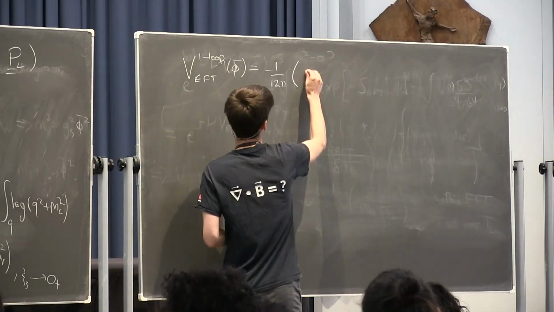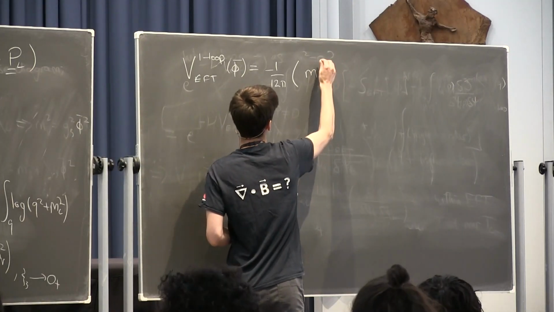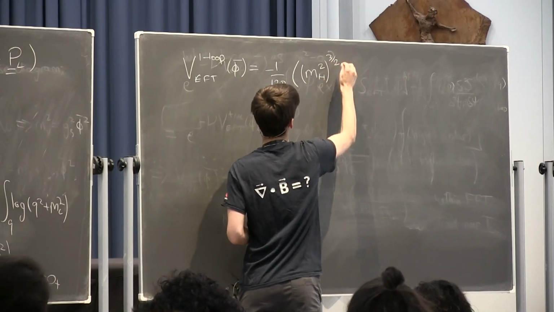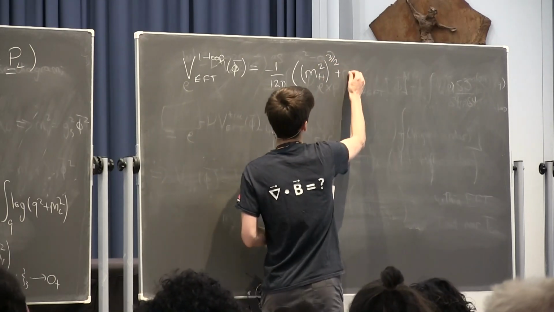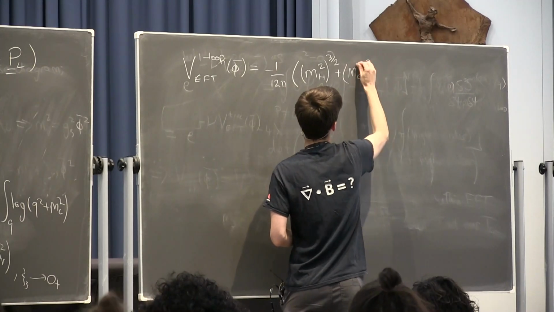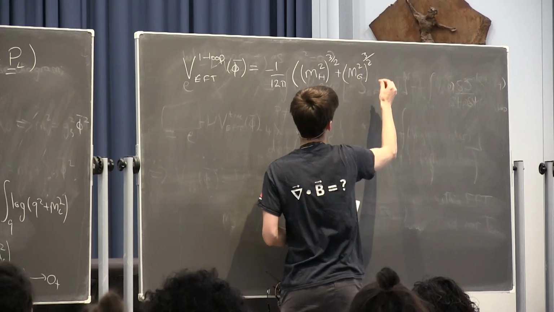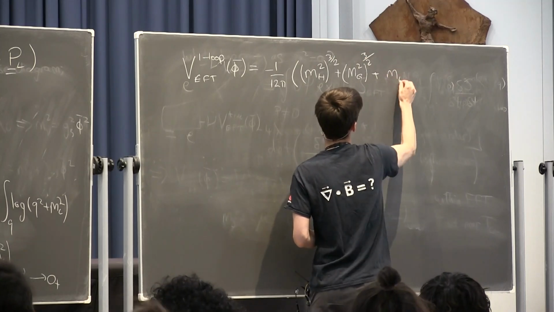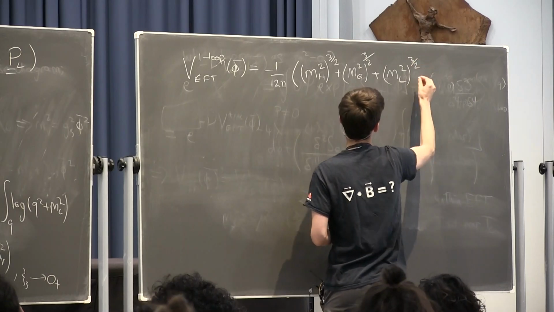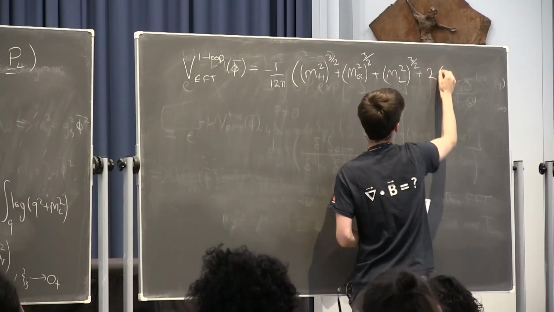So we get m_H squared to the 3/2 plus m_G squared to the 3/2 plus m_L squared to the 3/2 plus 2 times